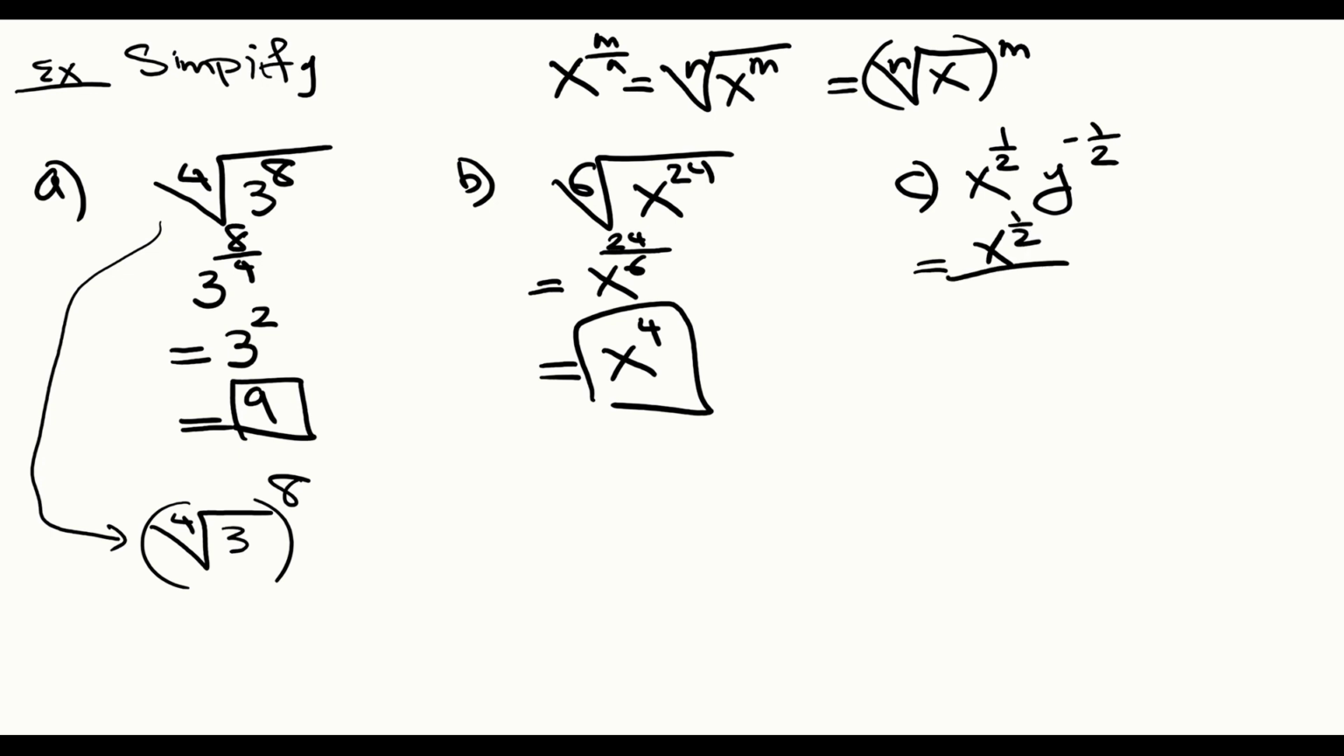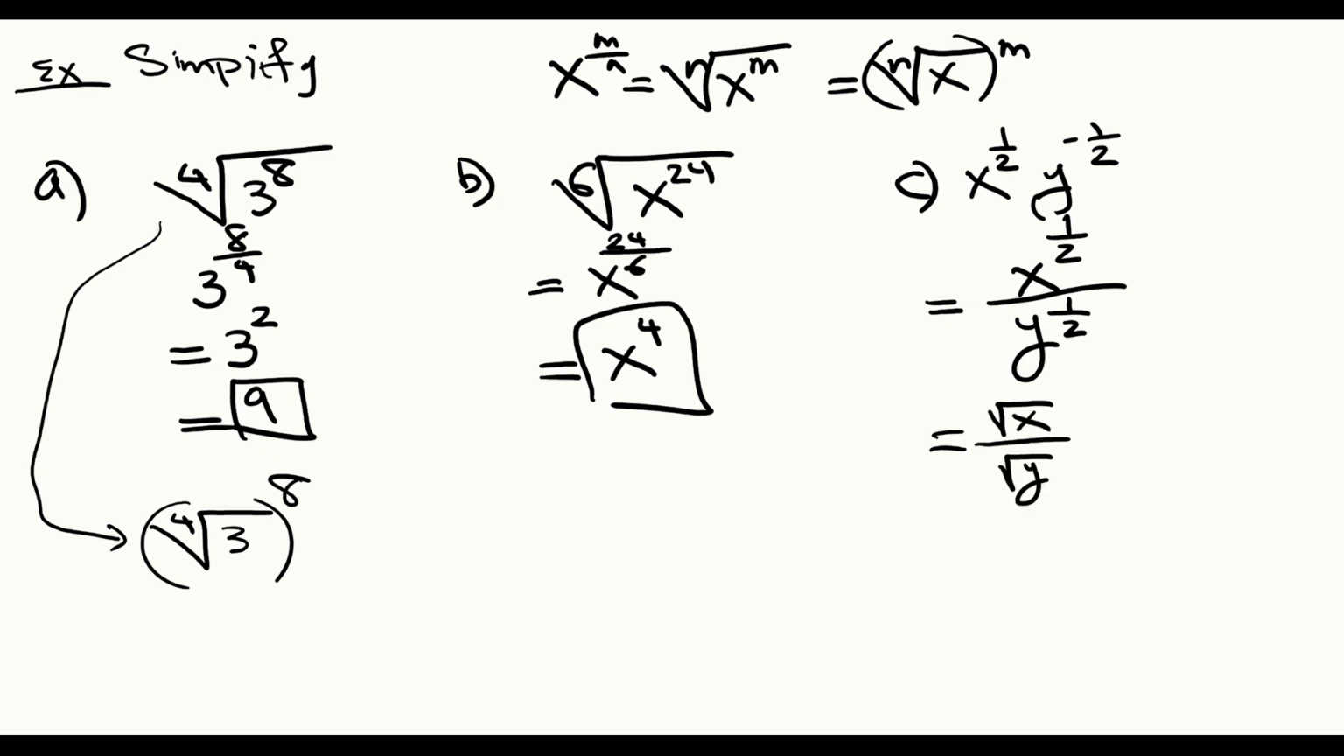top, and go ahead and bring down the y to the negative 1/2, and down here it becomes y to the 1/2. So then we realize that we can write that as the square root of x over the square root of y. Now later on we're going to realize in future sections that this will not be considered